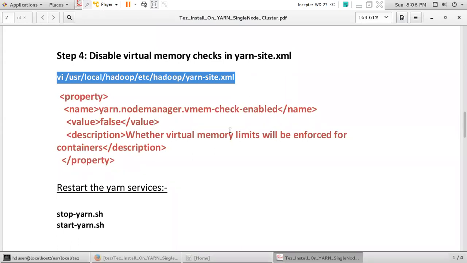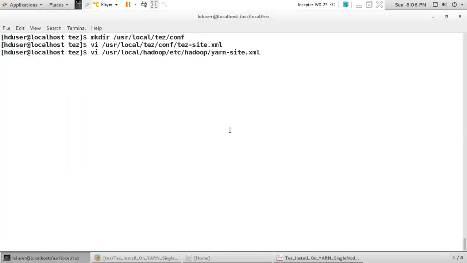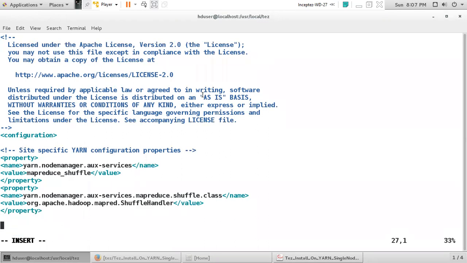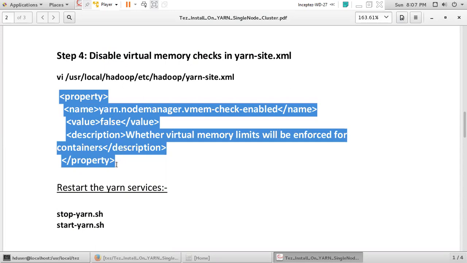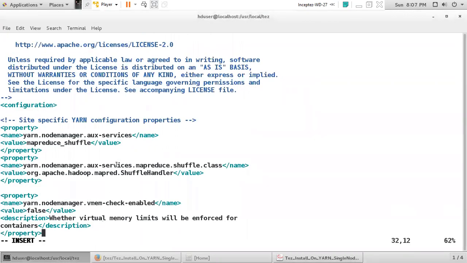As I mentioned, I have already installed Hadoop, in the /usr/local/Hadoop path. So I'm opening the yarn-site.xml file. Inside this configuration, I can add this property. By default it is true, so I'm adding this property to make it false. Then I can save and quit.